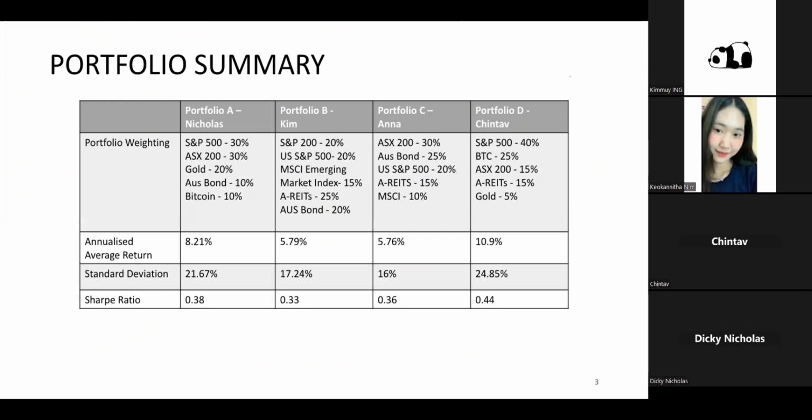Starting off with the equities, the S&P 500 and ASX 200. Investing in equities normally offers high return in the long term, and the reason I split my equity allocation between the US and Australian markets is to get the benefit from geographic diversification, because it can reduce the reliance